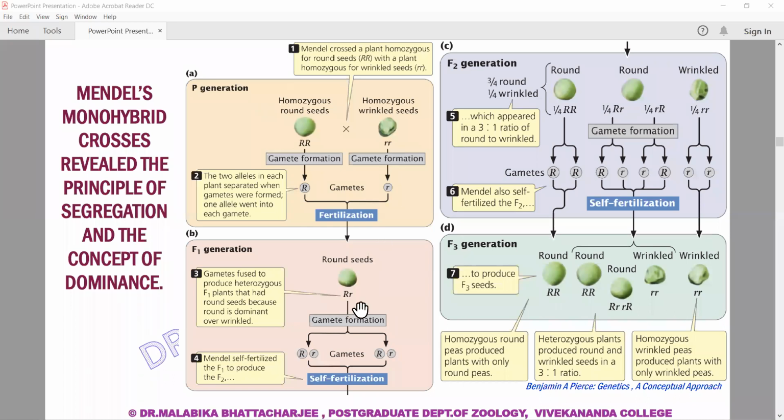But when we have a heterozygous condition like this, it is observed that the seeds that are obtained are all round seeds, clearly indicating that the morphology of the seed, the R allele, is dominant over the small r allele. So that is indicative from these results. So there is a dominant allele and there is a recessive allele.